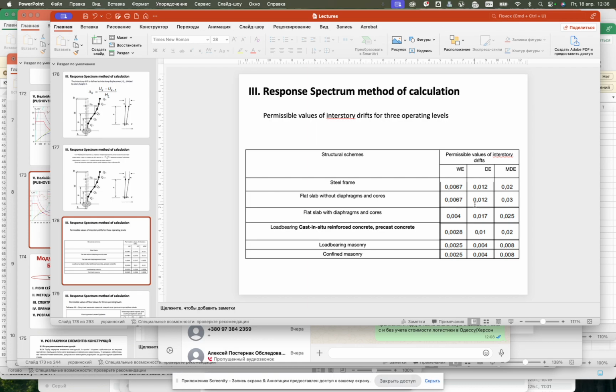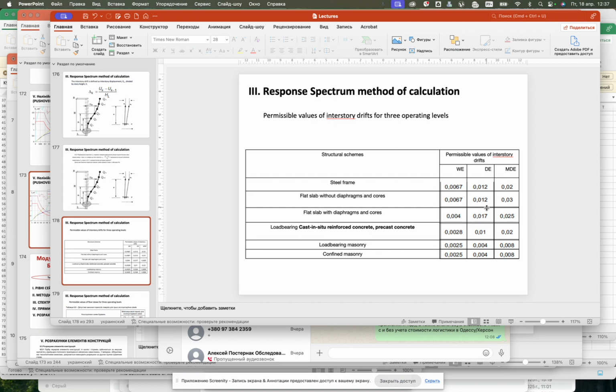The structural system is the same. So, next step, we will calculate our scheme for the design earthquake. We will analyze it, and the limit value of the interstory drift will be 0.012 multiplied by 3,000. It will give us 36 millimeters. So, if our building during the design earthquake gets a displacement of more than 36 millimeters, it is not okay for this building, because the